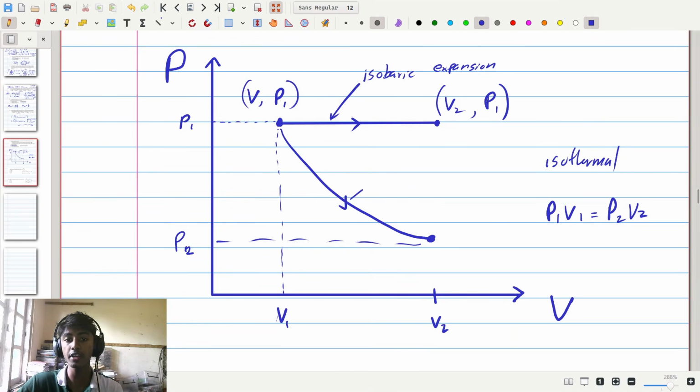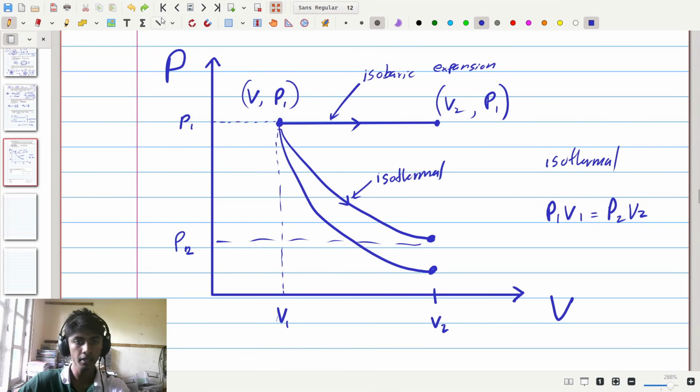Now similarly, if we consider another expansion, let's say adiabatic expansion, let's just mark this first one as isothermal expansion. And if we then consider adiabatic expansion, it will also go down like this and reach a point at V2 where the pressure is lower than the pressure here of P1. Now due to this, since all of these other expansions will reach a lower point, adiabatic will reach a lower point than isobaric expansion,